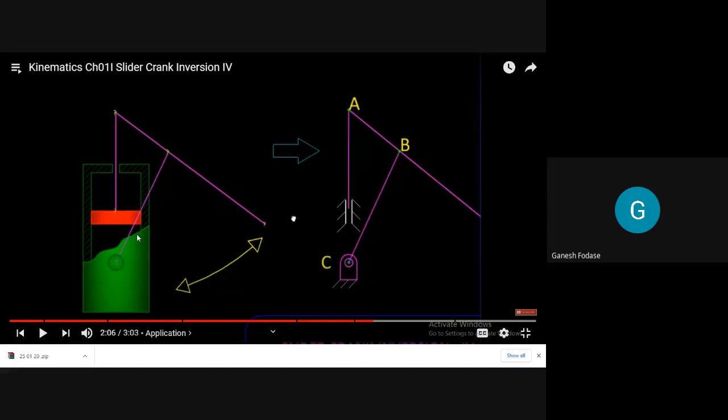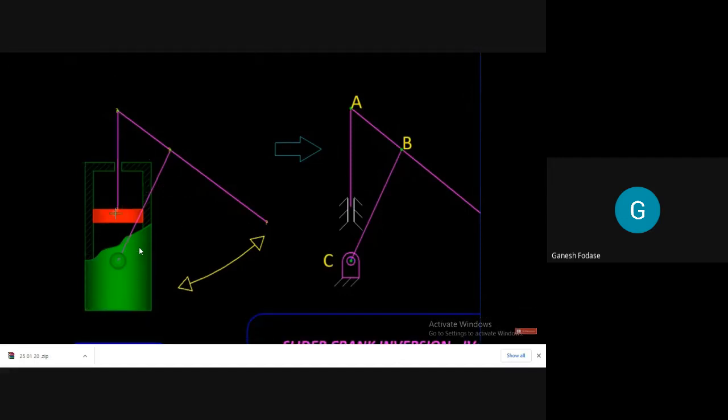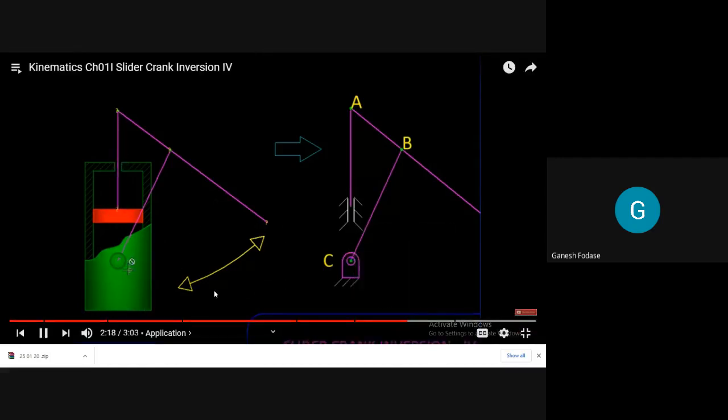There is no relation, because when I draw the 2D diagram, some students are confused. Sir, if it is inside, then how can it rotate? How can it slide? Actually, it is the inside portion. This link number 1 is reciprocating inside, and this link number is on the outside portion. So there is no direct connection between them. And this is a hand pump frame.